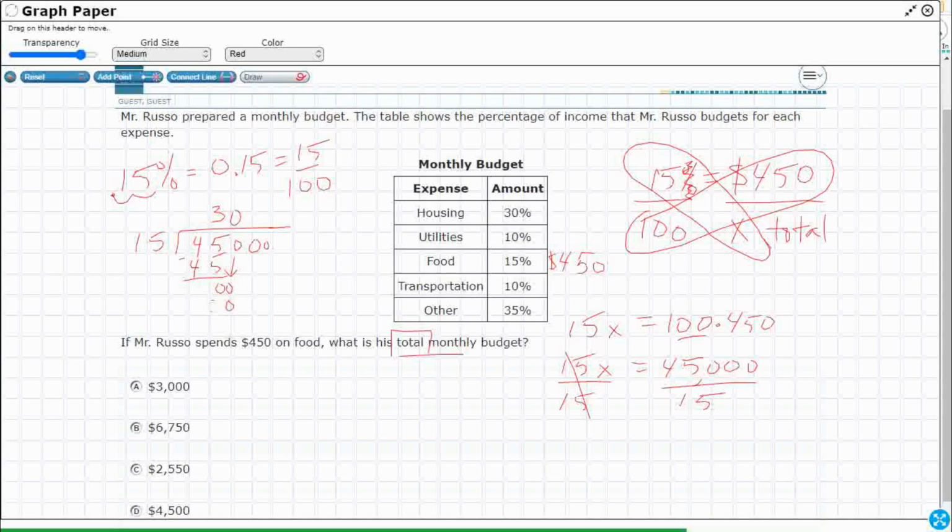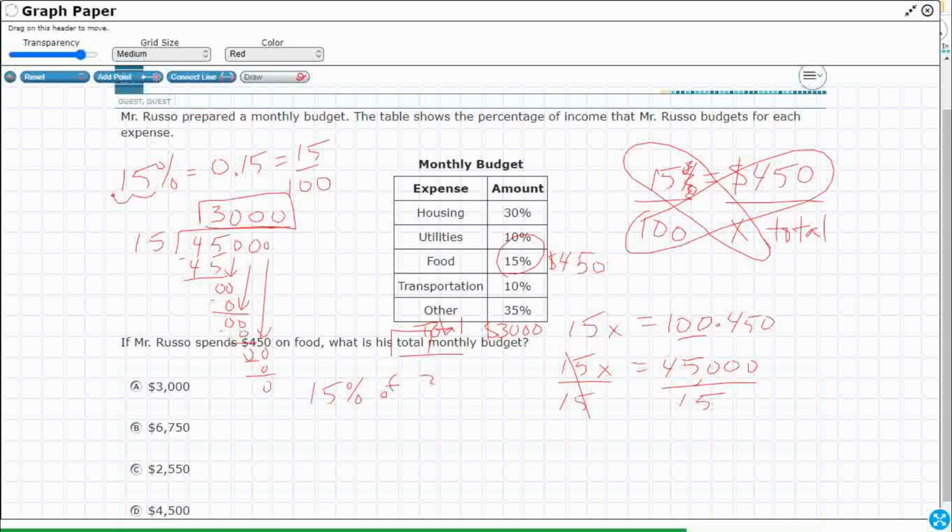Now I just need to make sure I add the correct number of zeros. So that's 0, bringing it down one at a time. So that goes into 0, and then one more. There we go. All right, so could be 3,000, which is one of my answer choices. But let's double check. It says that 15%, so my total down here, I'm thinking is $3,000. How do I double check? Well, it said that 15% of that 3,000 equals 450. So let's verify. So 15%